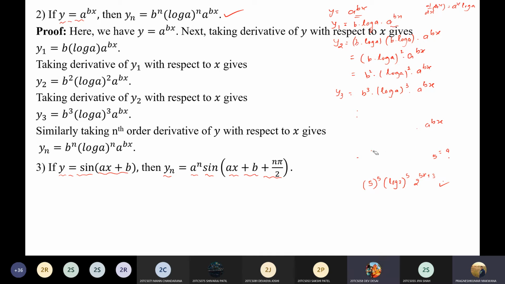Sir, first we will differentiate for y1, so we will get cos. Then cos we will convert into sine by adding pi by 2. Yes, very good. So we applied some trigonometric results. We know the result cos of pi by 2 plus theta, and here sine of pi by 2 plus theta. What is the answer of these two results?